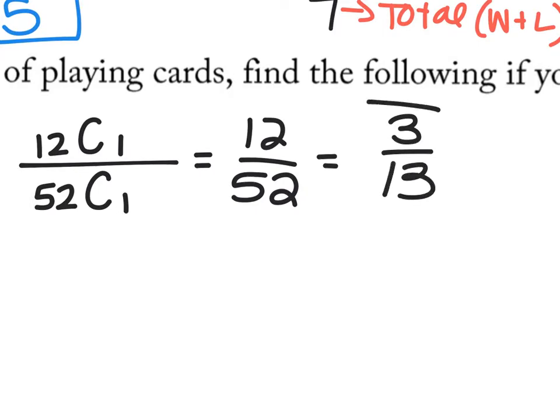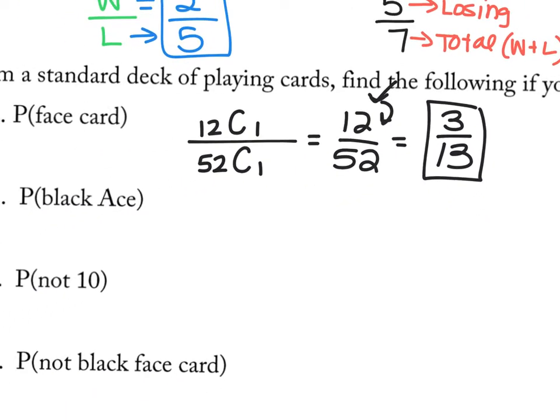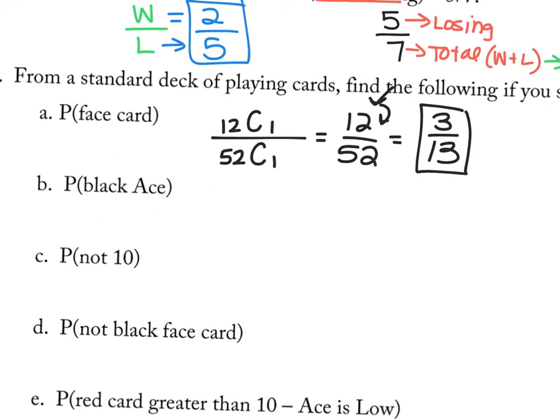Now, on the key, it goes right to this. The only reason it goes right to this step is because it's only choose one. But on the quiz, it might be more. You might be choosing more than one. So I want to show you all of the work. Okay? So for the probability that I choose one black ace, again,